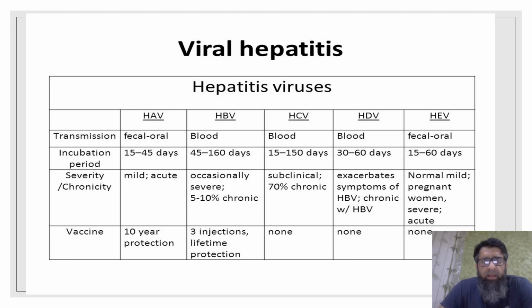This is the older slide, just to show one thing: there are only two hepatitis types for which vaccination is available, hepatitis A and hepatitis B. Hepatitis A needs only one injection, which is protective for 10 years, and hepatitis B is 3 injections, which give lifetime protection. There are multiple injection sequences: 0, 3, 6, that is injection,